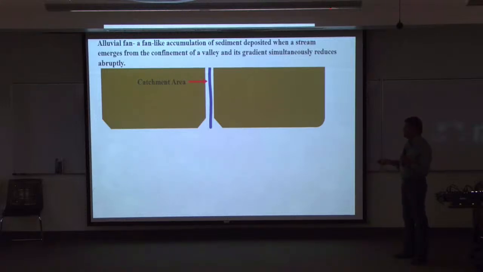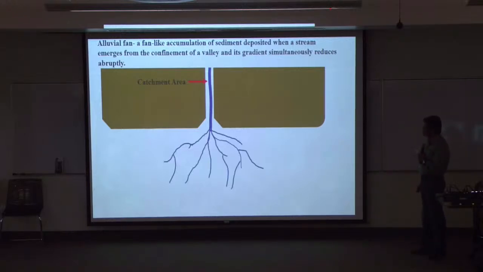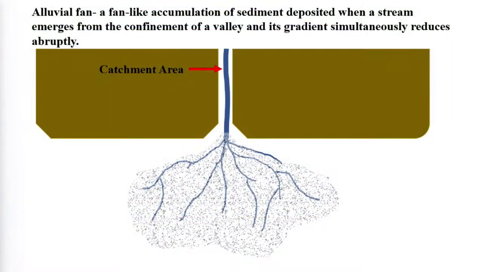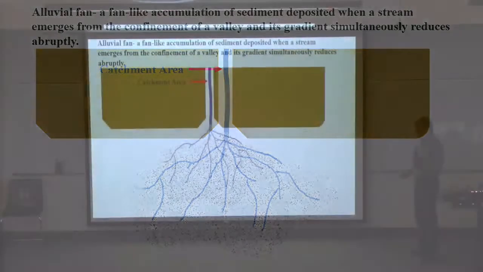First, the water begins to slow down because the slope has reduced. And second, it has more space to spread out. These two things are happening simultaneously, as a result of which this stream begins to spread out and do what you see here. And in the process of doing that, it begins to deposit sediments. This is an example of an alluvial fan. It just fans out, slows down and deposits sediments.